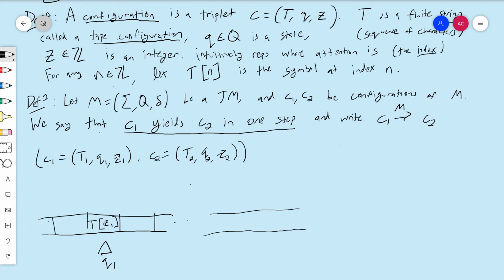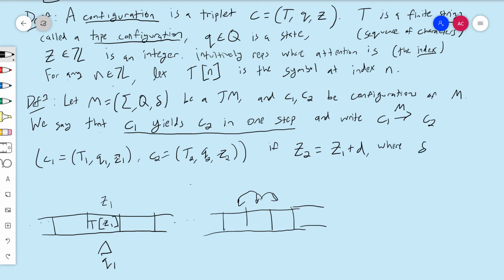Well, it would look like this. First of all, how are these integers related? So this is Z1 as an index. What does Z2 have to be? If C1 is to yield C2 in one step, then Z2 would have to be either this, or this, or this. It can only be one of these three things, and either way, it's D. It's Z1 plus D. If Z2 equals Z1 plus D,